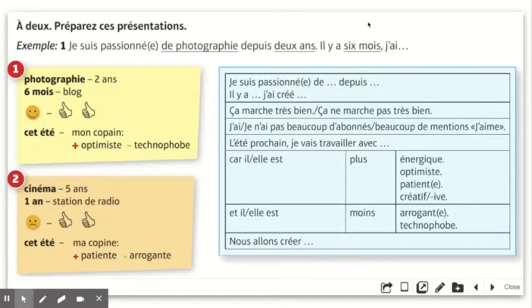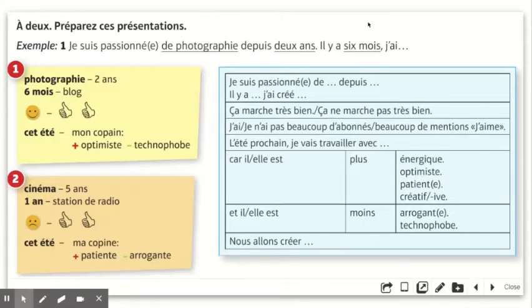Now, to help you, the book has included what we call a sentence builder, which helps you to talk through different aspects. On the left-hand side are two different scenarios. The first one is looking at somebody who's in photography, and they've done it for 2 years. 6 months ago, they created a blog. They then give their opinion about it.